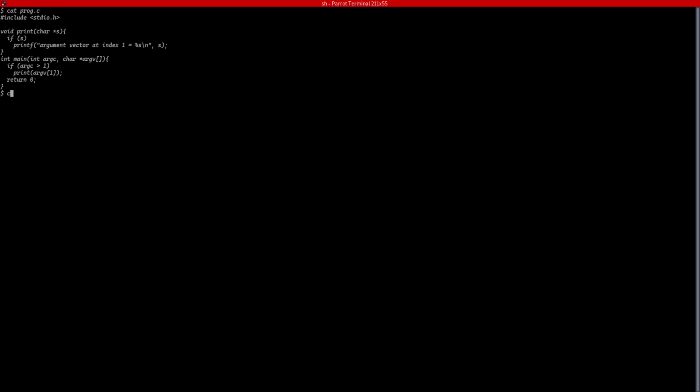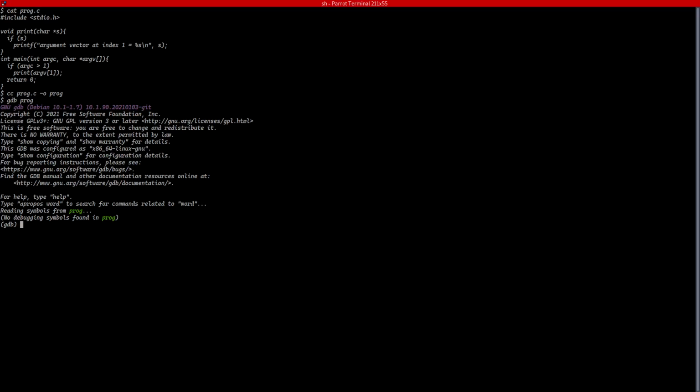Or before that, let's compile the program without the debugging symbol, so that we won't be able to get the source code in GDB. So let's say we don't have the source code. We're trying to emulate a situation where we don't have the source code of the file, so we only have the executable. So we can still open that up with GDB